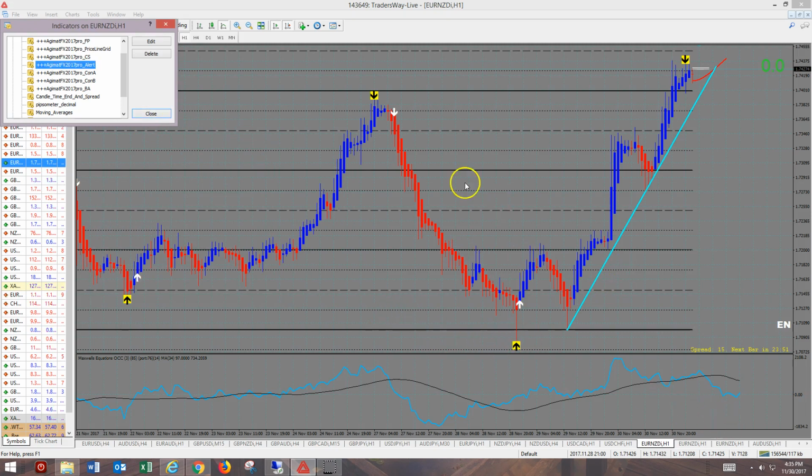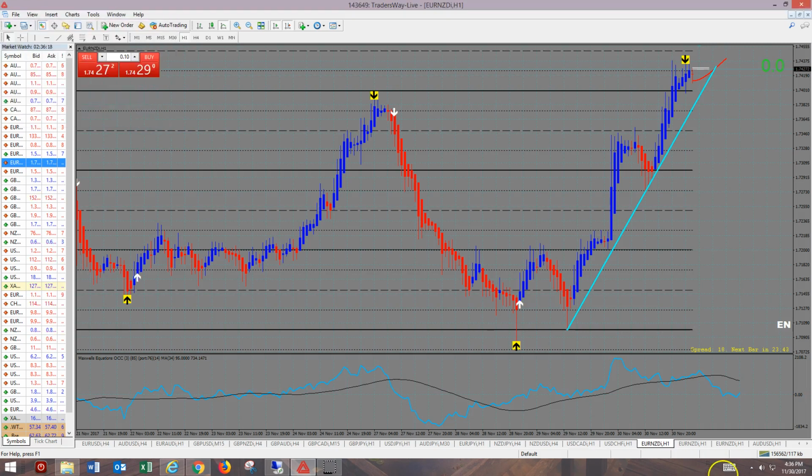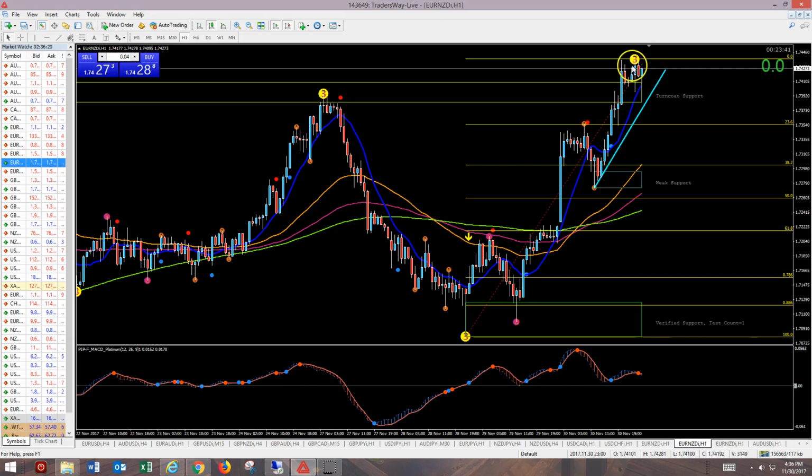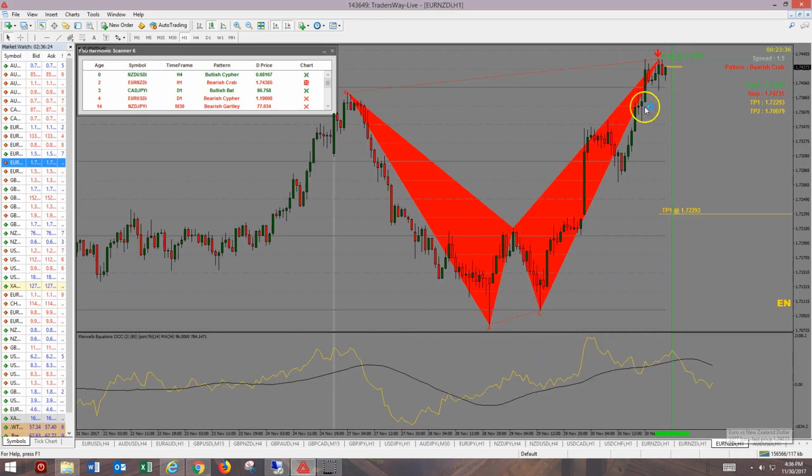And that's pretty much it. So I mark up my charts on TradingView, then I come over here to the MT4 platform. I have a couple of different templates that I like to use, and this is probably the best of them all, the harmonic scanner, because it gives you the entry, the stop, the take profit 1 and the take